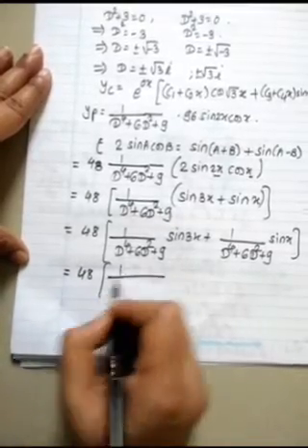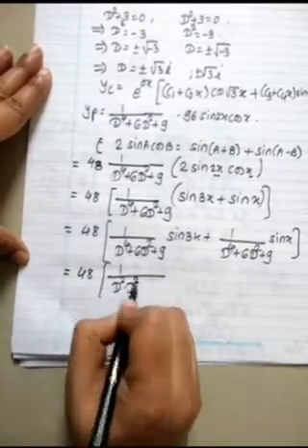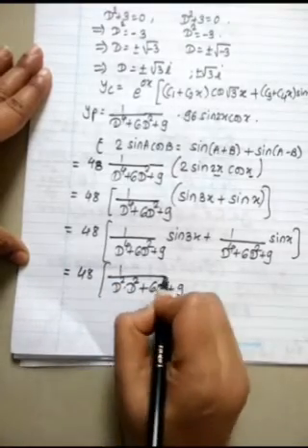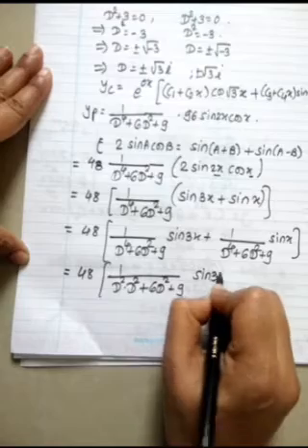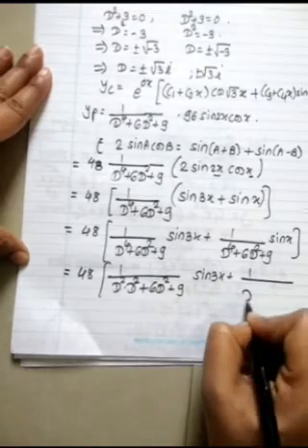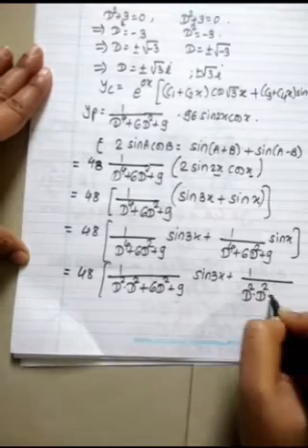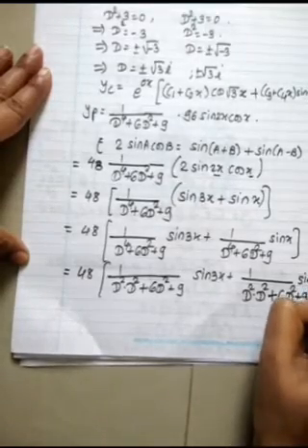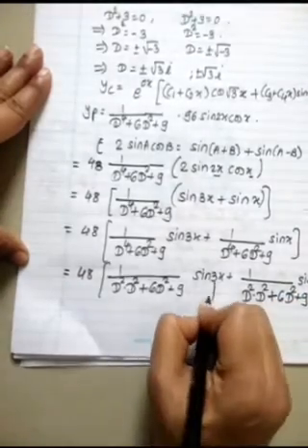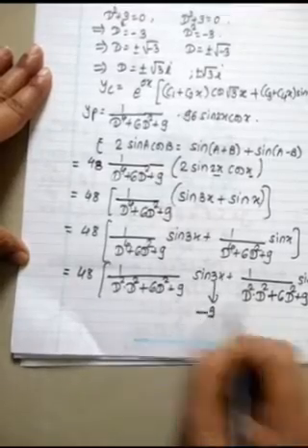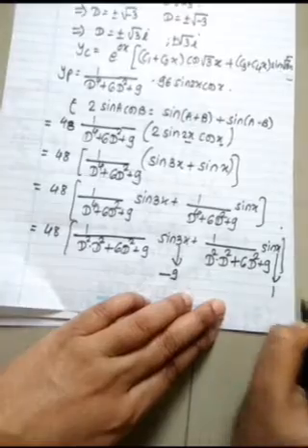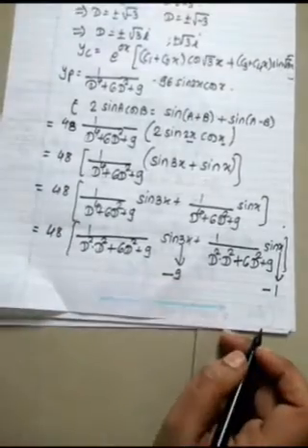So in the denominator we should write first d square into d square plus 6 d square plus 9, into sin 3x. Similar here also, d square into d square plus 6 d square plus 9, into sin x. Here square it, 9, give negative sign, minus 9. Here 1, square it 1, and minus sign, minus 1.